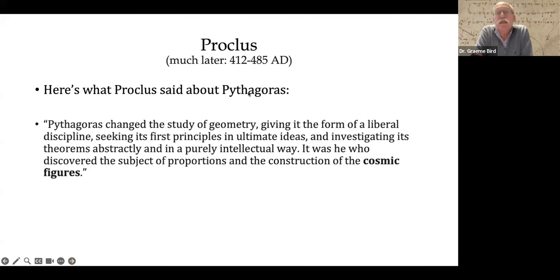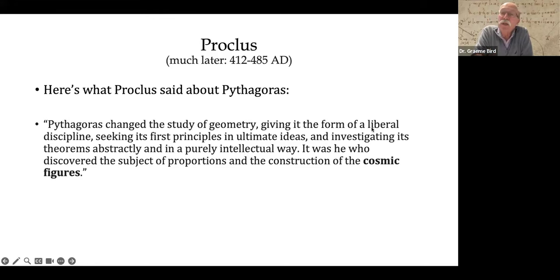Okay, Proclus goes on and he says about Pythagoras that he changed geometry. I like things like theorems, abstractly and purely intellectual. He says we're not going to just use geometry for practical purposes. We're going to do it intellectually. We're going to think about it in our mind and imagine things. So taking it from just what you can see and touch, which you might call empirical, into more abstract and